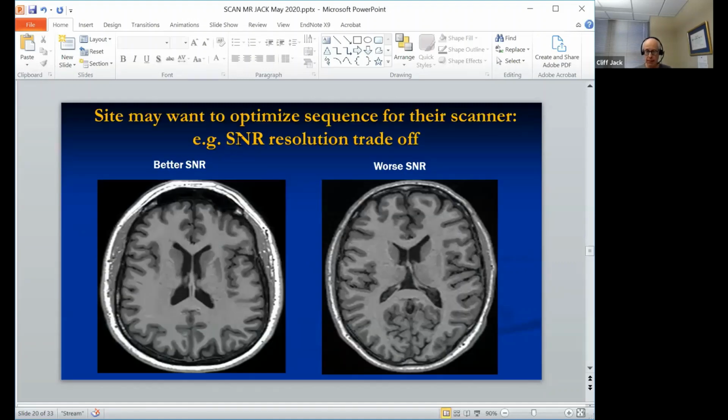So for example, imagine two different sites. One site has the scanner you see on the left, which is a better scanner than the scanner on the right. The scanner on the right just has worse signal to noise properties, and if you hold acquisition time constant, there's nothing you can do to make the scan on the right look like the scan on the left. The people who have the scanner on the left might want to trade off some of this better